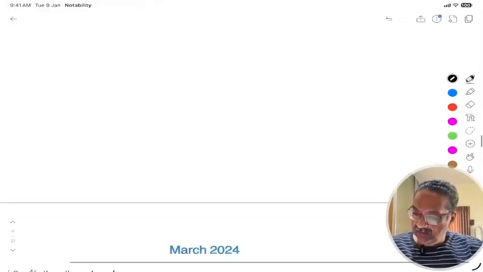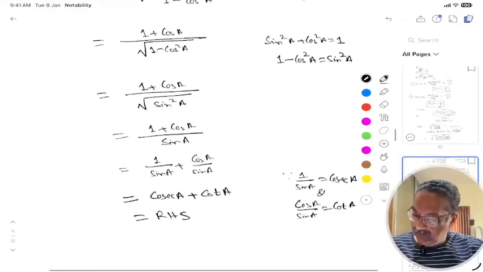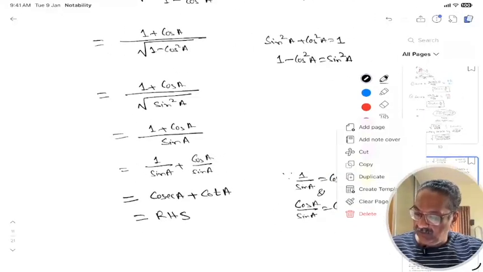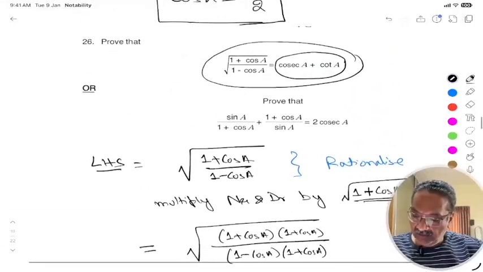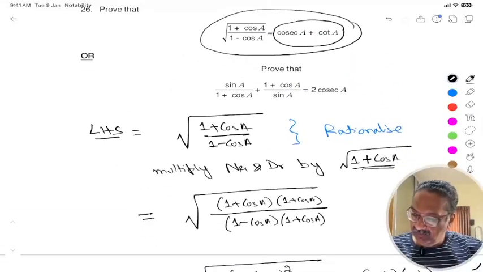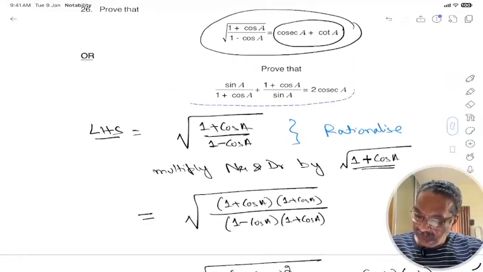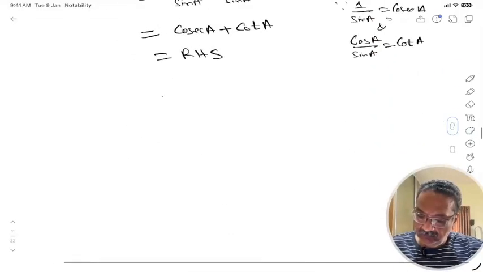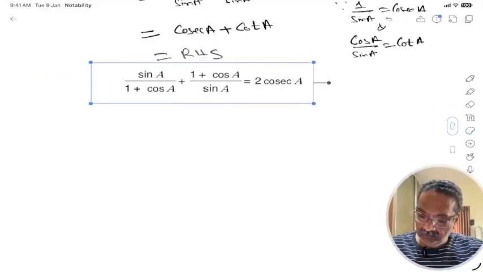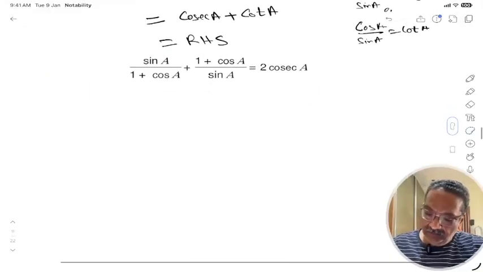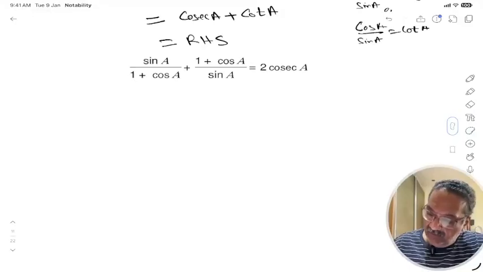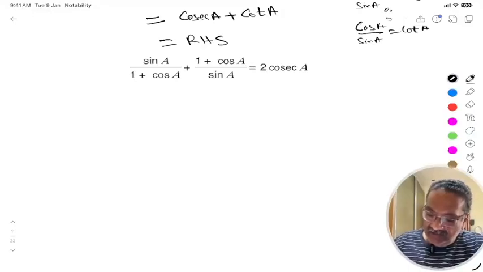Now again we will take the OR part also we will solve. Okay, OR part, what is there, we have to prove. We'll take this. So straight away we will start with LHS. So I will take the LHS. In the left hand side, what is there,